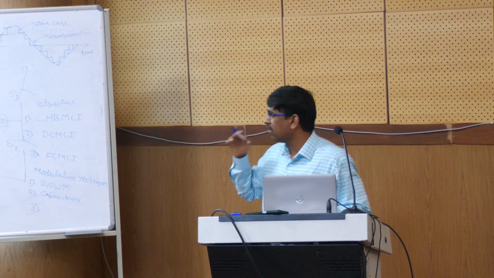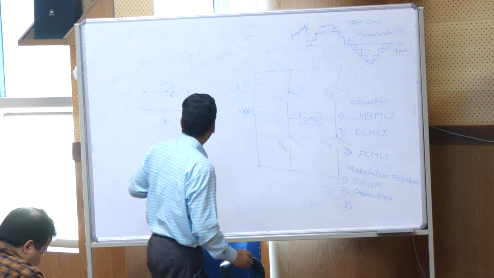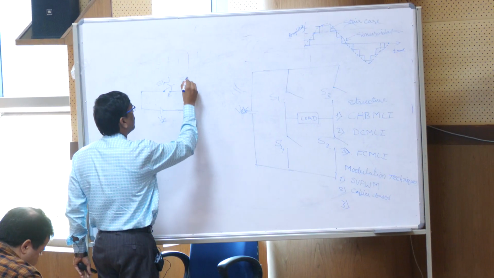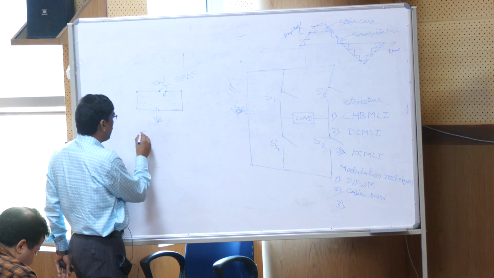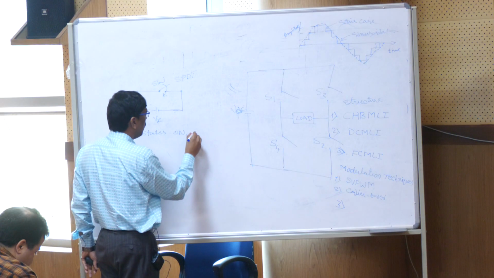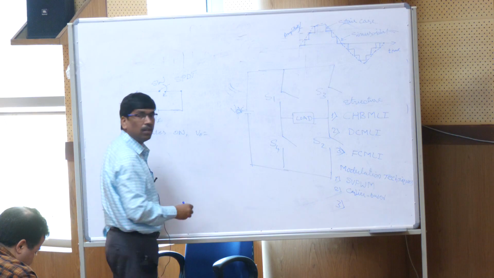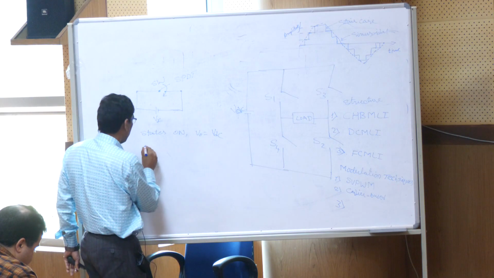When I talk about the switches, it is a single pole double throw switch, so we are going to have two states. One is the on condition, where the voltage is going to be equal to VDC. When it is in off condition, state 2,